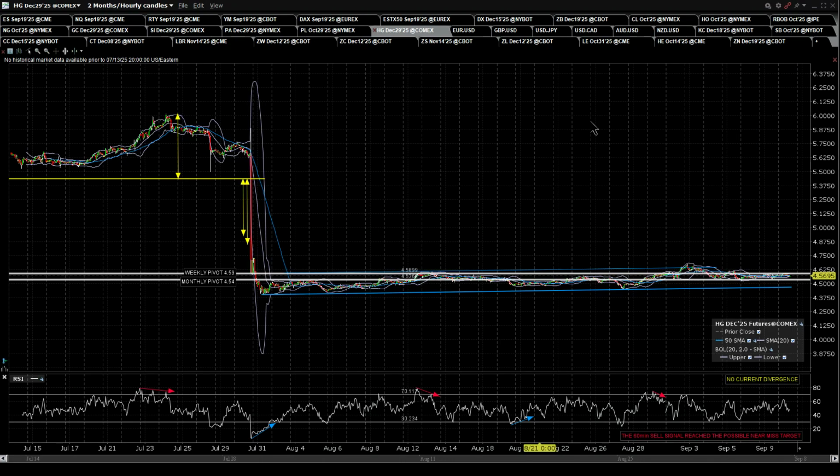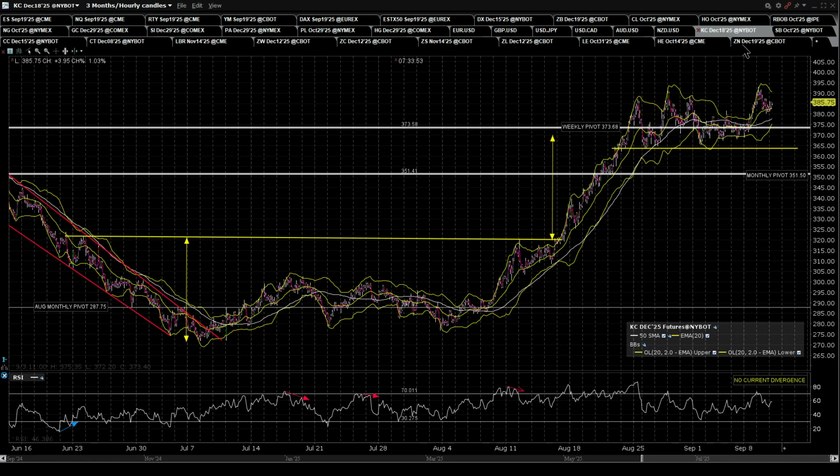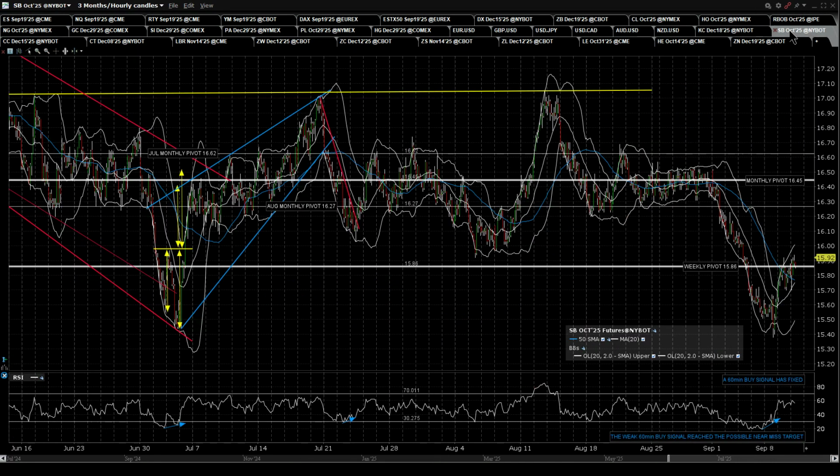That's metals. Let's have a look at the other commodities. KC, we've got a possible level top here. Looks pretty nice. I'm thinking it might deliver. Looking at SB, we've got a 60-minute buy signal fixed. That could be reversing. We've got a possible little level top here, but I'm still leaning towards that making target,